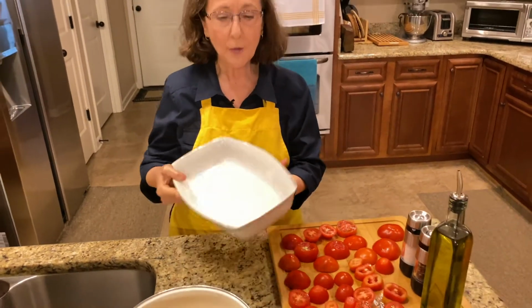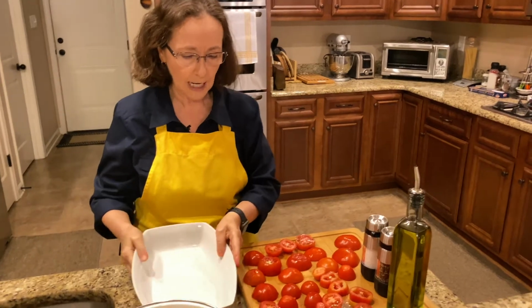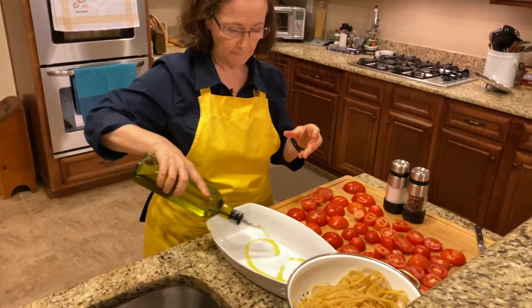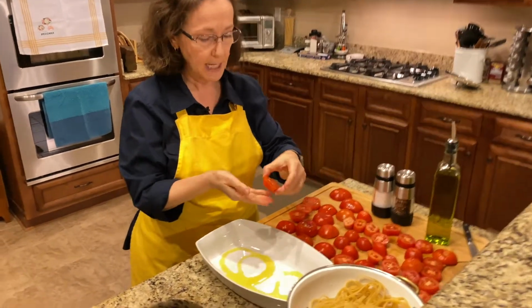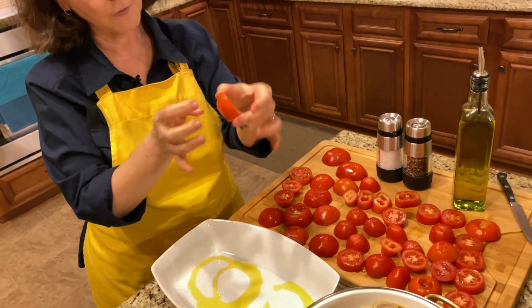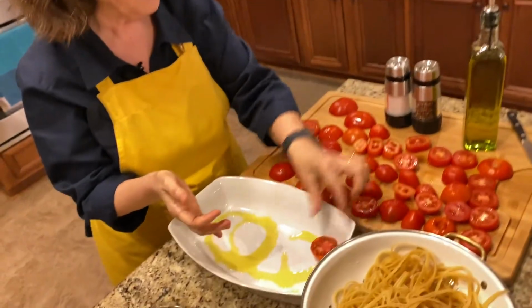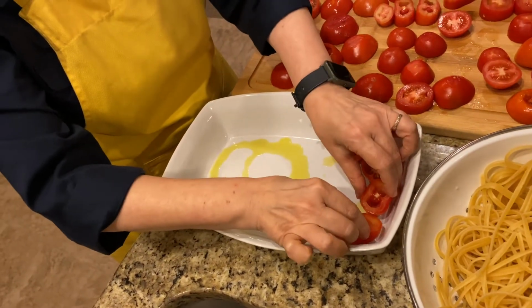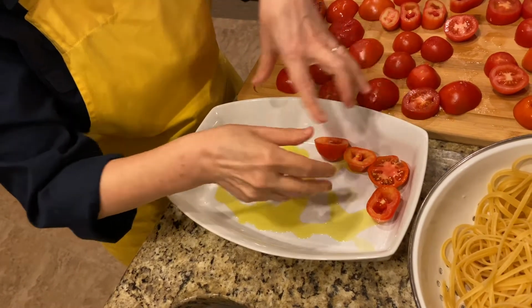But just for presentation's sake, I like to use the nicer looking ones and take the other ones and put them on the bottom. The first thing you want to do with the dish, and this is a dish that I've selected to put the 10 ounces of cooked or partially cooked linguine and the tomatoes that I have in front of me, is apply some olive oil at the bottom and be generous. And then you're going to take the tomatoes, and you want to have the bottom part of the tomato, the cut part of the tomato, showing upward, and this one going on the bottom. And you want to try to cover the whole bottom,